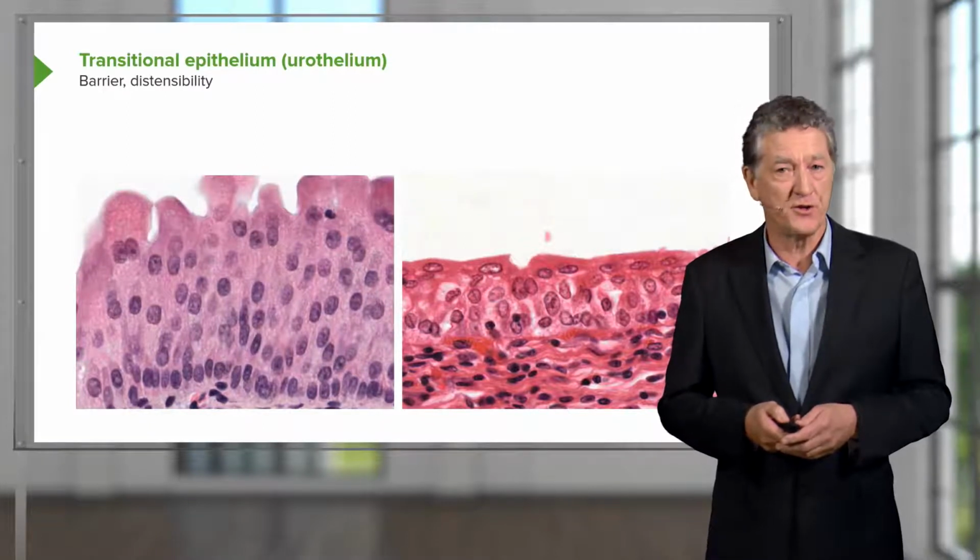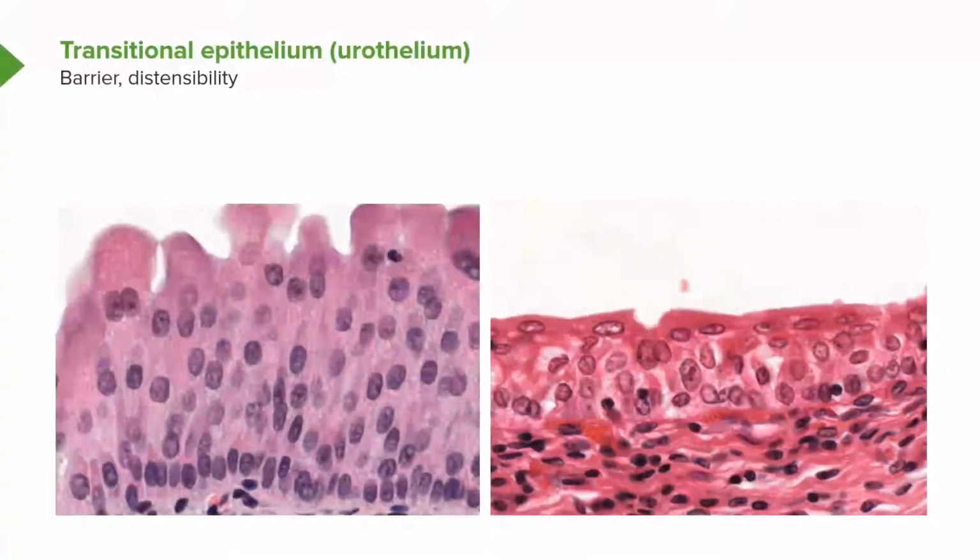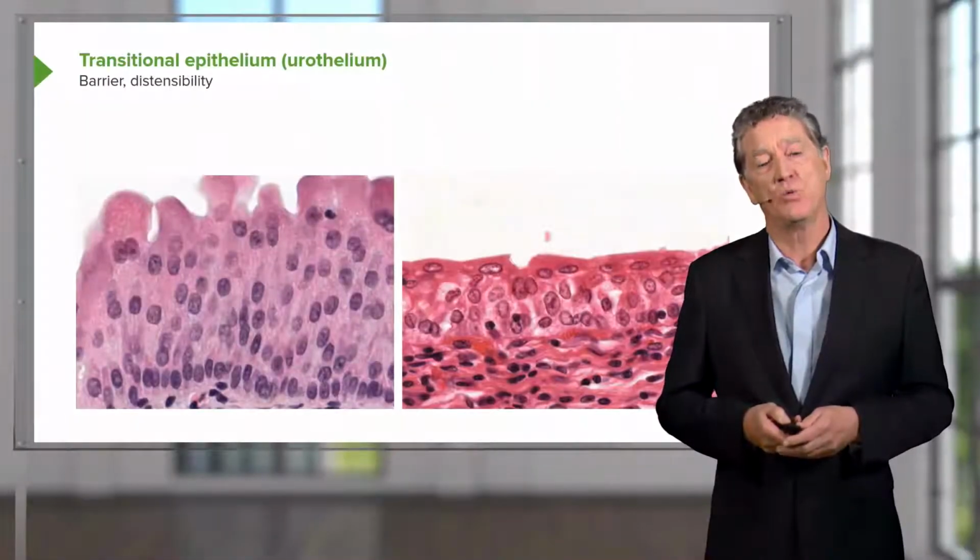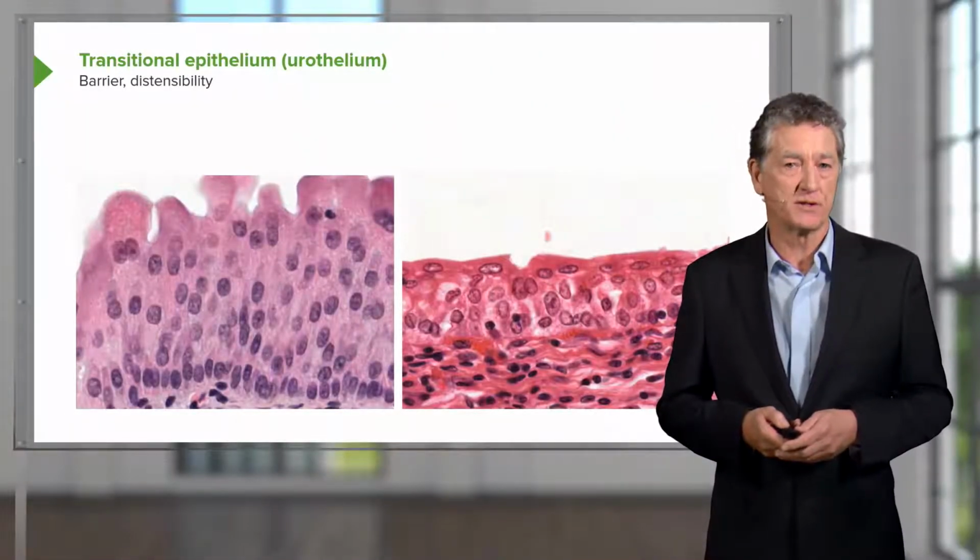Here's a section through the urinary tract, the bladder. On the left-hand side, you can see the cells have a cuboidal type of appearance. It's very thick epithelium, but they're flattened on the right-hand image when the bladder is distended. And at the apex of the cells, particularly those on the surface, you can see an eosinophilic, pink or reddish stain. They're special plaques inside the epithelial cells that prevent water and also salt from passing across